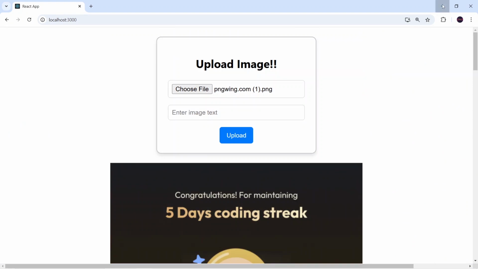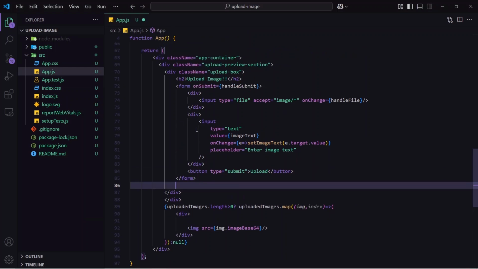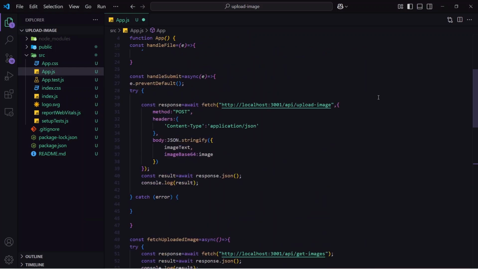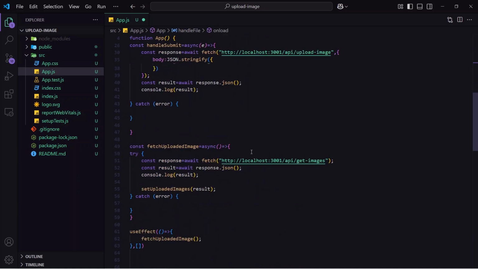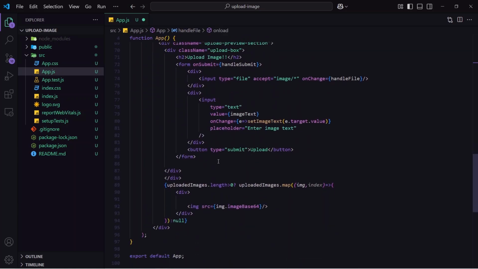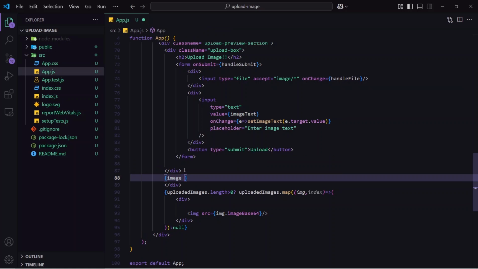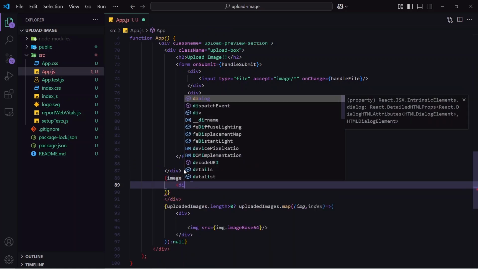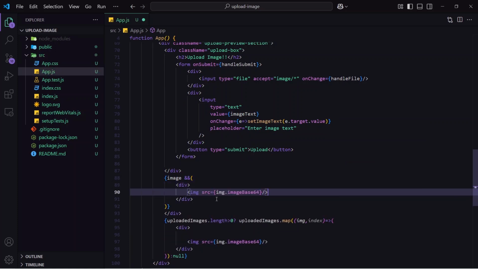Now let me just go here. In the same way I can do it for preview also. So for preview, if you see, when we are uploading any image, it is getting stored inside this image state. Okay, so if image state is having some value, we can show that inside image src as a preview. So I will write a condition after this form div, which will be if my image state is having some data, then show this structure, and this structure will include one div. I will close this, and inside the div I will again copy this image, and just I will change the src from image.image base 64 to our image state.